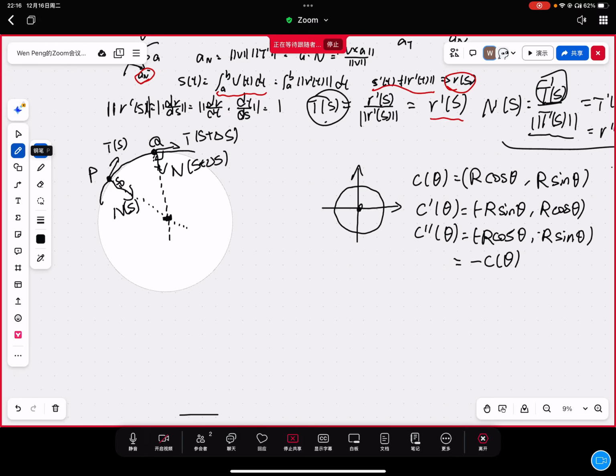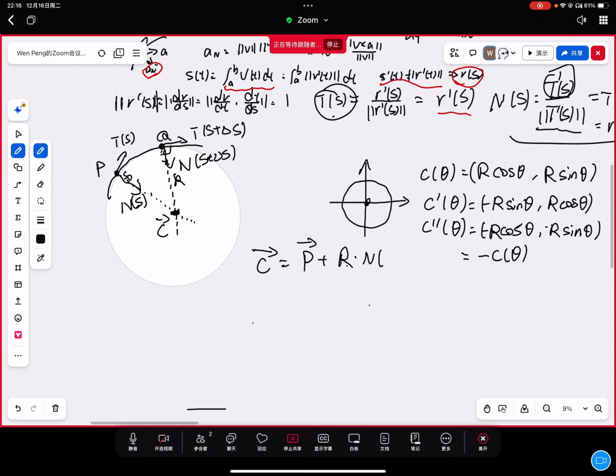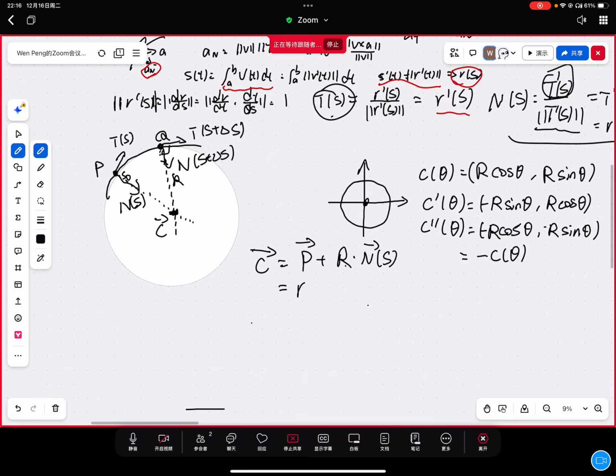And what's the next step? We try to represent this circle, the center of the circle, is equal to P times the magnitude of R, of course, because n of s is a unit vector, and the whole circle can be represented as